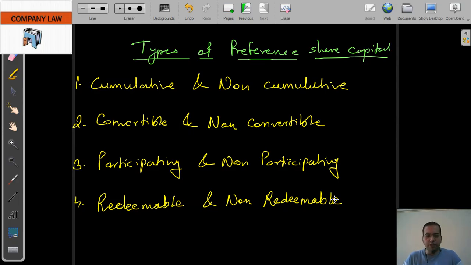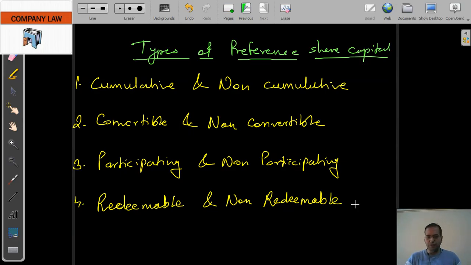So what is non-convertibility? Where the option cannot be given. Now, whether one should go for preference shares or equity shares depends. Preference shares are advisable when a person is interested in getting a fixed kind of dividend, a fixed rate of dividend, or a fixed percentage of dividend. So dividends can be paid in two different ways: a fixed rate of dividend or a fixed percentage of dividend.